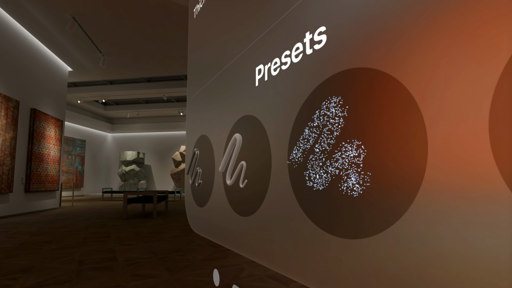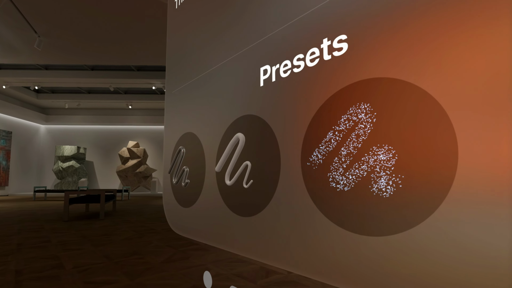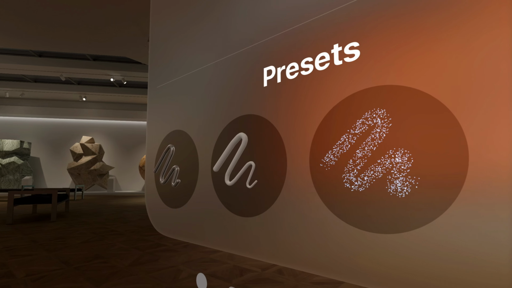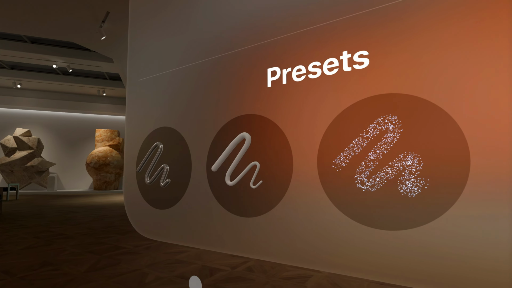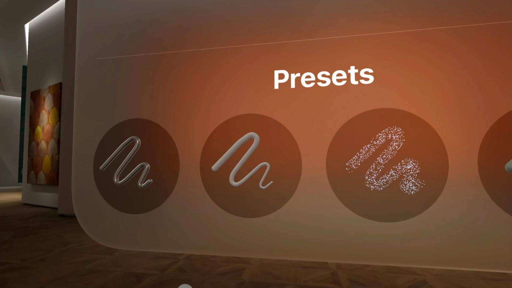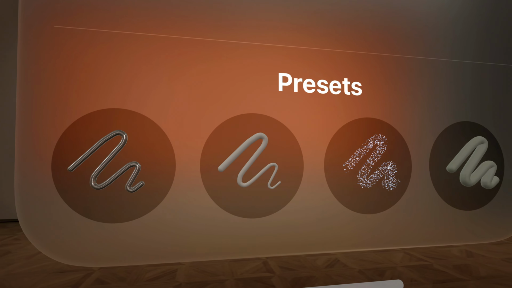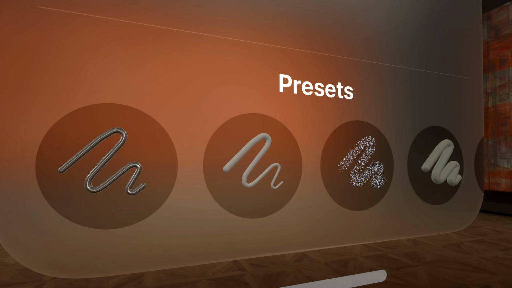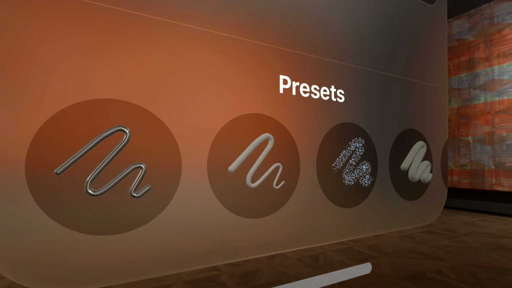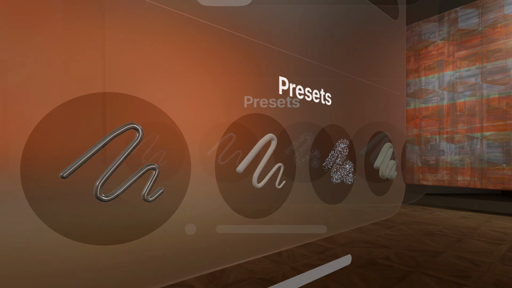I'd like to give special attention to the brush preset view. Notice that each brush preset thumbnail is actually a full three-dimensional shape. This mesh is generated in the same way as actual brushstrokes. SwiftUI and RealityKit integrate seamlessly together. Here, we use a reality view for each thumbnail, which allows us to take advantage of RealityKit's full capabilities.